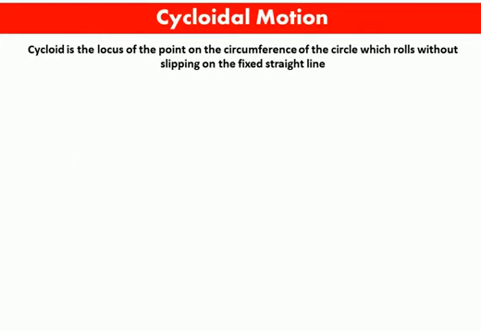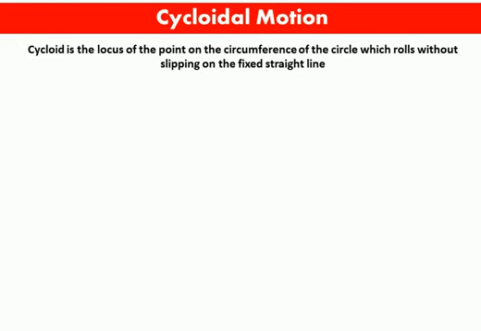What is the cycloid? It is the locus of a point on the circumference of a circle when it rolls without slipping on a fixed straight line. This is the definition of the cycloid. So to draw the displacement diagram for the follower when it is having